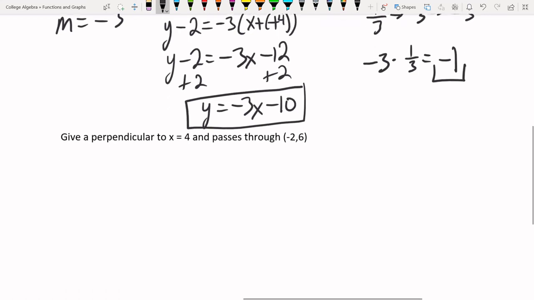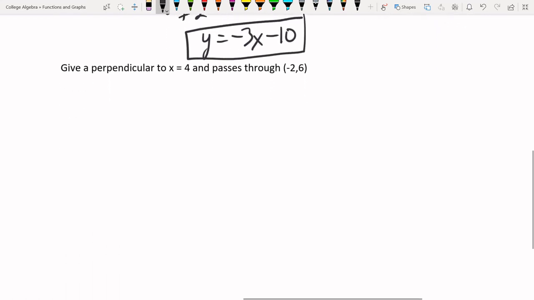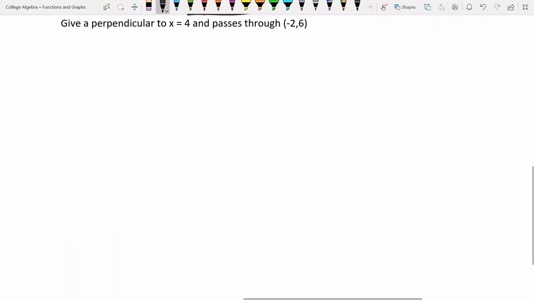All right, last one. Give a perpendicular line to x equal to 4 that passes through -2, 6. So we have a point, right? This is x1, y1. Now we just need the slope. It's perpendicular to x equal to 4. Now x equal to 4 is a little weird because there's no slope, it's not written in slope-intercept form or anything like that. But we know that x equal to 4